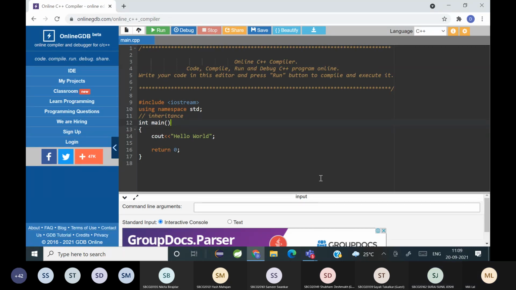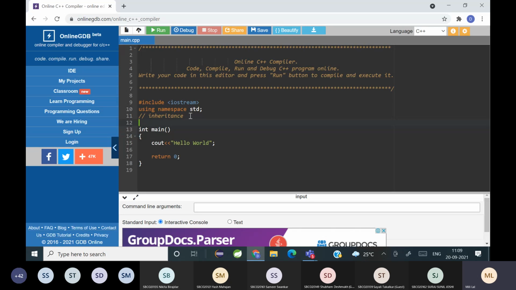Yes, ma'am. Okay, so now we are going to go into the next aspect, which is called inheritance. So now I'll show you an example, then you will understand it better. So properties of a class can be passed on to another class. So a class will behave like a parent and the other class will behave like a child. So it's called the parent class or a base class, and you have this child class.